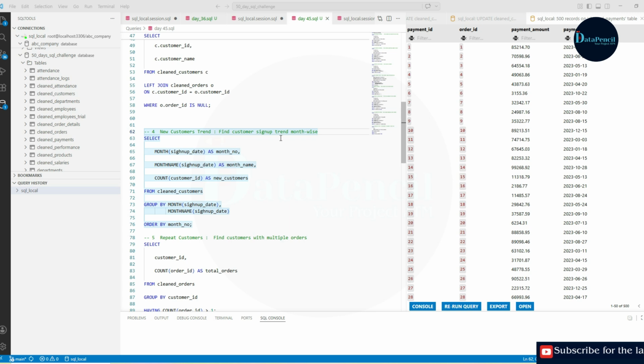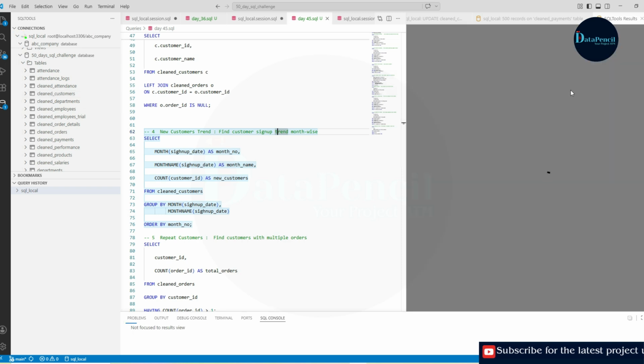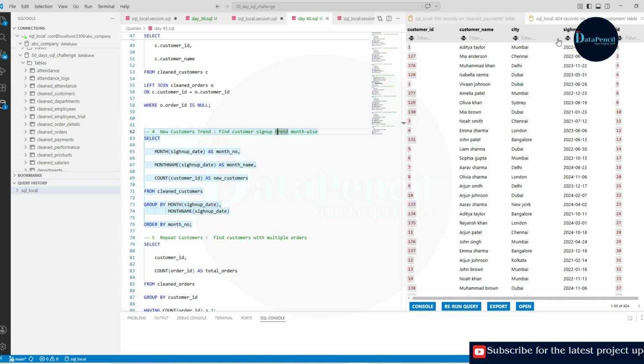So we basically have to select our month, and that month we will extract from our sign up date. Look here in the customers table, we have sign up date. There is no month written separately. So we will extract the month from it using the month function, as well as the month name using the month name function.